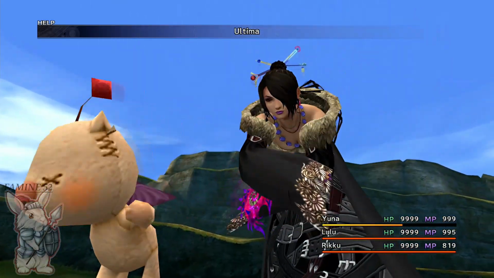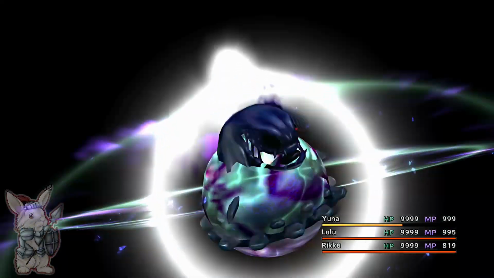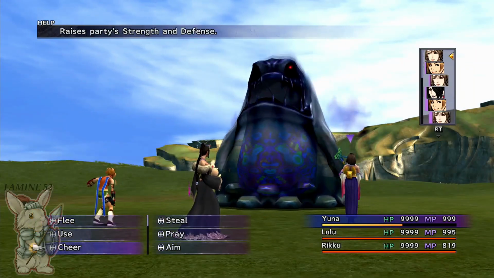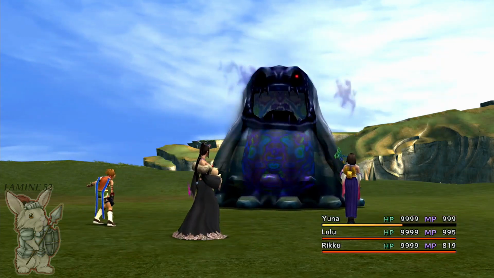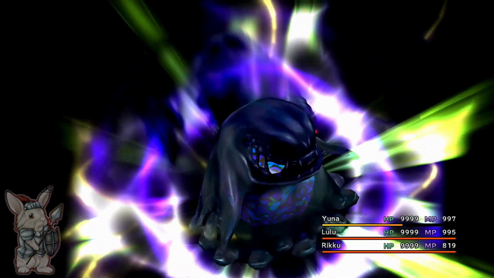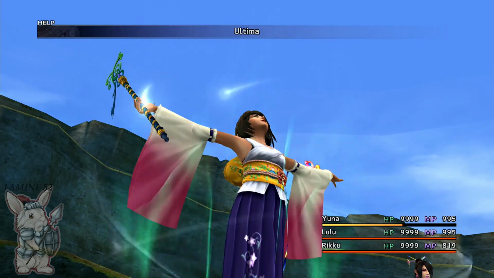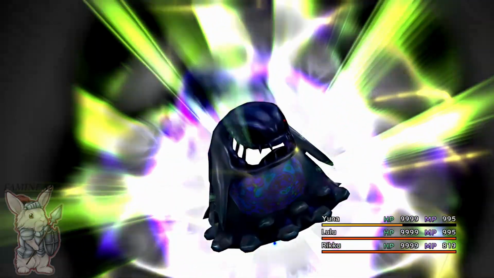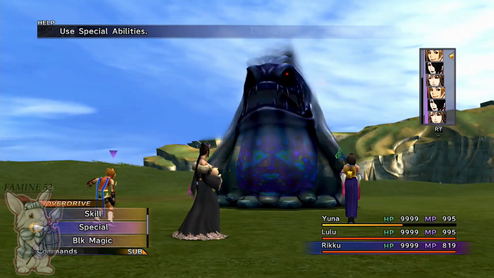9,900 or 99,999. And 99,999 versus, let's take a look at Yuna's, which honestly should be the same, because right now on paper they have the same stats. There we go. And I did this just to point out the difference in that plus 20% and the magic booster,